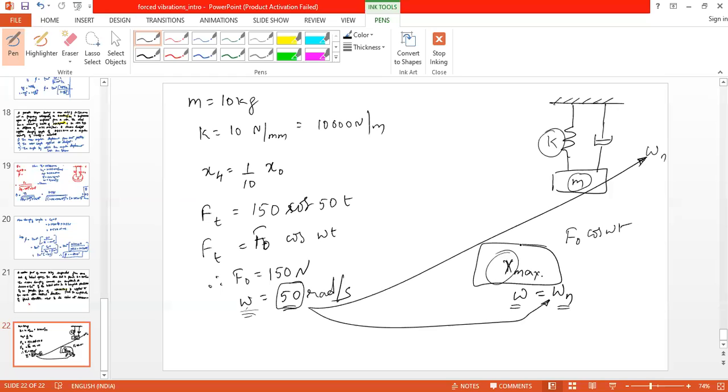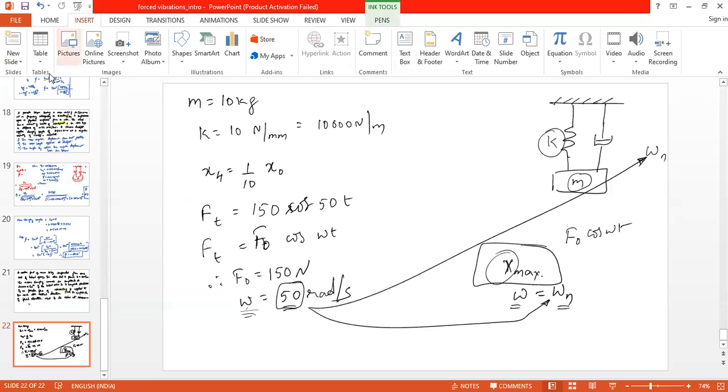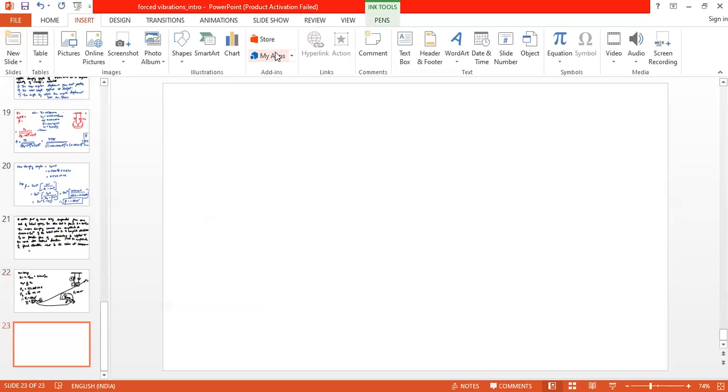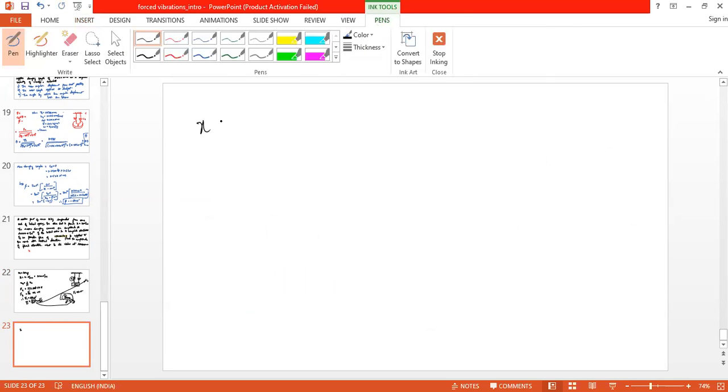Yes, sir. So, what is the first step in solving this? We know all the data, and what is the expression for x? F naught by root over